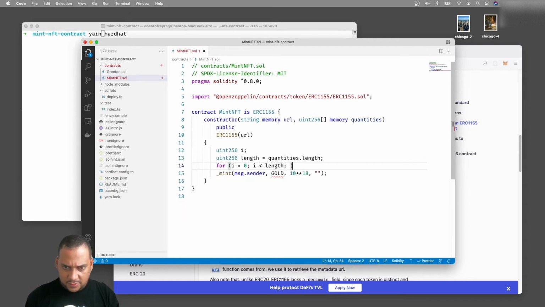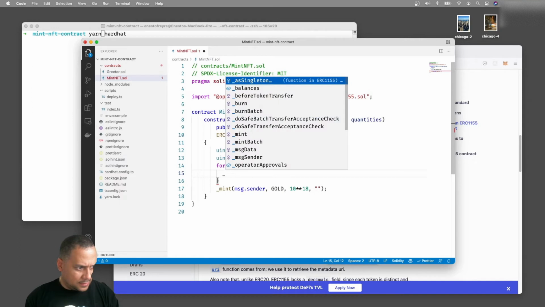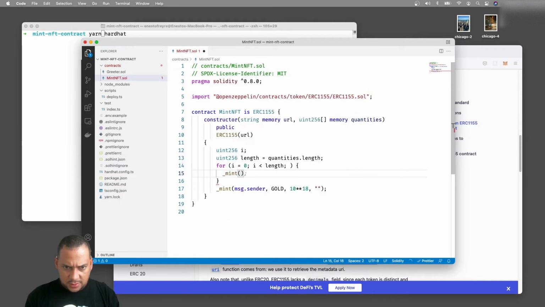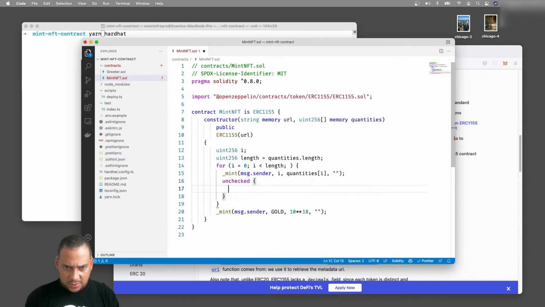I think we can do this, and we can then mint using the sender. So the token that we will mint is i in quantities, and then we will put some empty. Okay. And then we will do this unchecked, and we will do plus i.